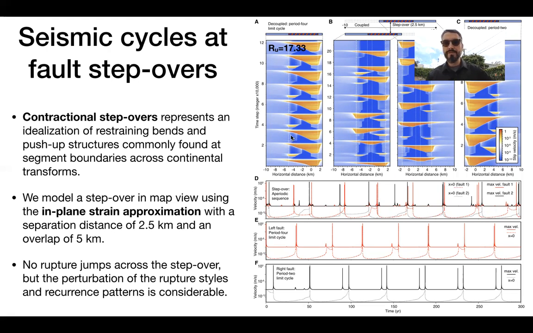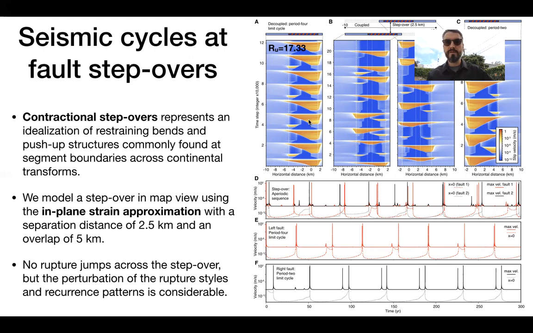So we include different normal stresses for fault 1 and fault 2 so that they would have different recurrence times in isolation. And that avoids automatic synchronization of these ruptures. These different normal stresses give rise to a RU number of 17 for fault 1 and 21 for fault 2. And when they operate in isolation,